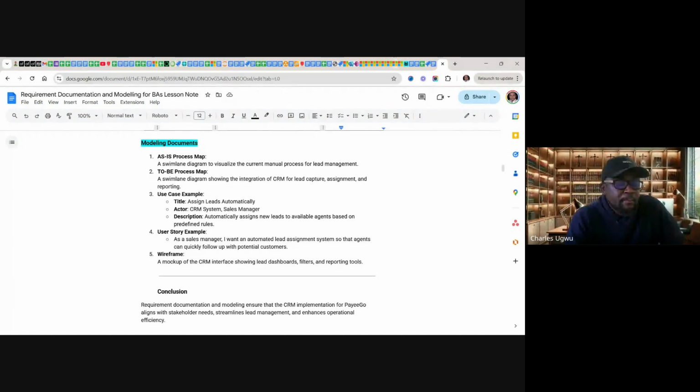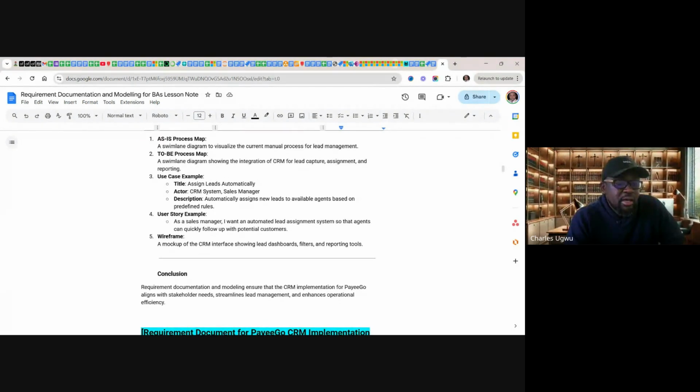And then use this example here. Let's see, assign lead automatically, actor, CRM system, sales manager, and description: automatically assign new lead to available agent based on predefined rule. And use a story example. As a lead manager, I want an automated lead assignment system so that agents can quickly follow up with potential